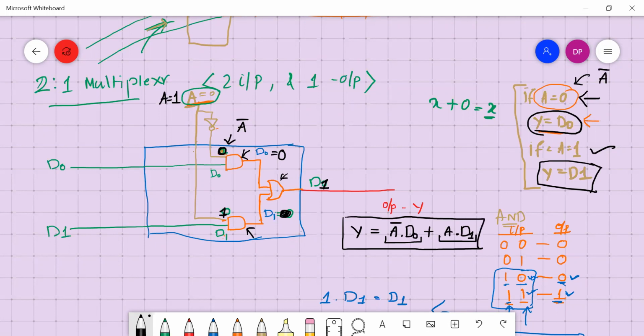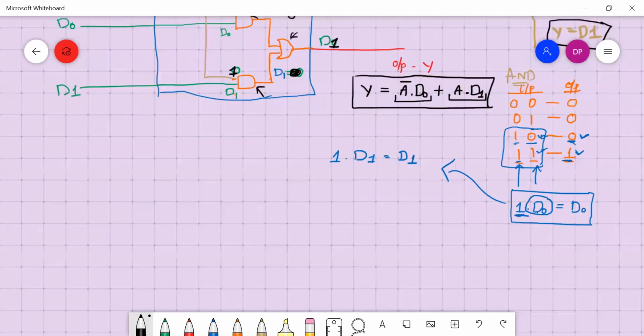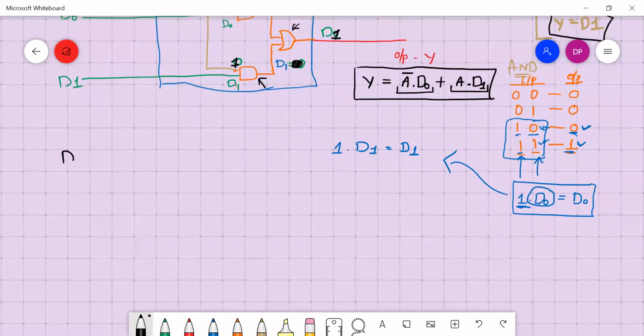Now let's see whether we are getting this expression using the truth table or not. So let's do that. I will take D0 here and D1 here, and I take the output Y here.